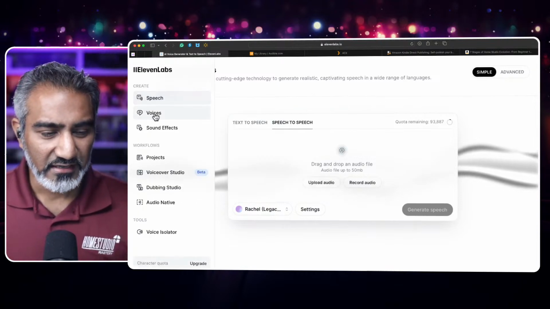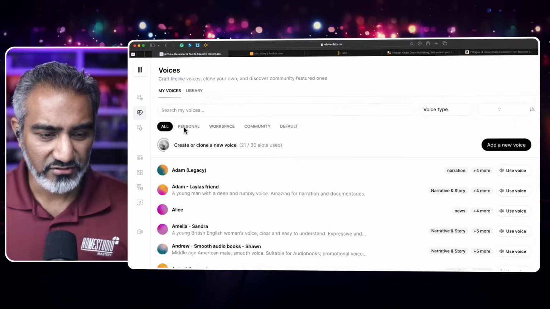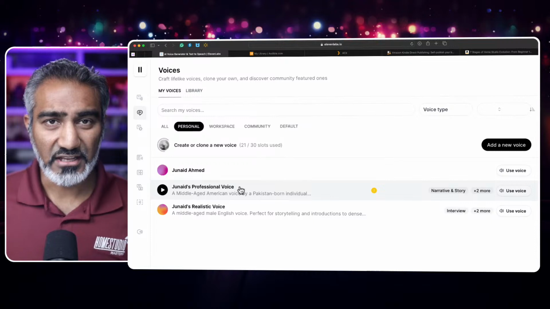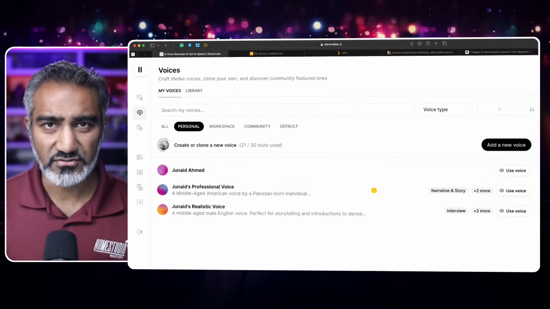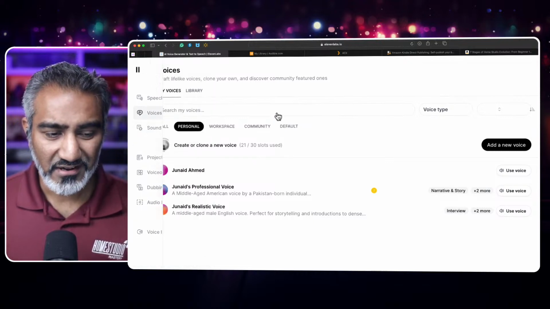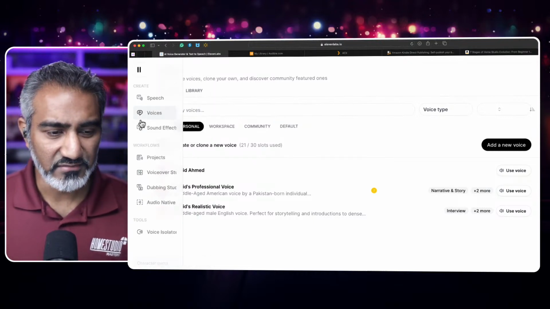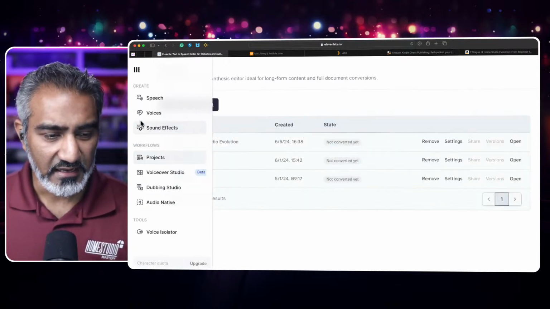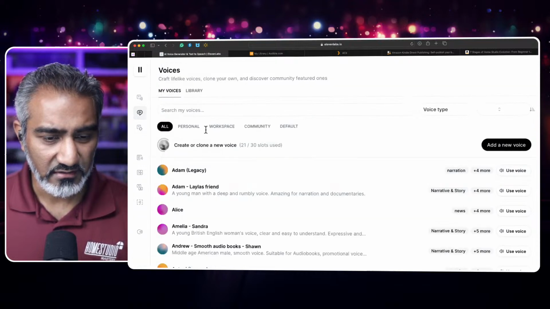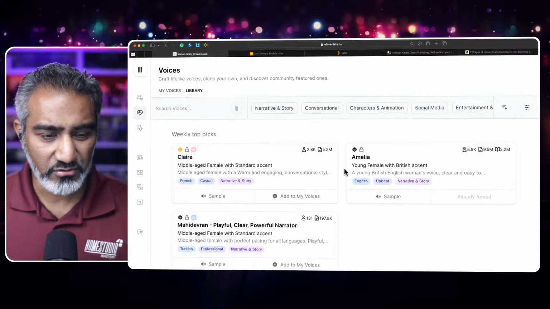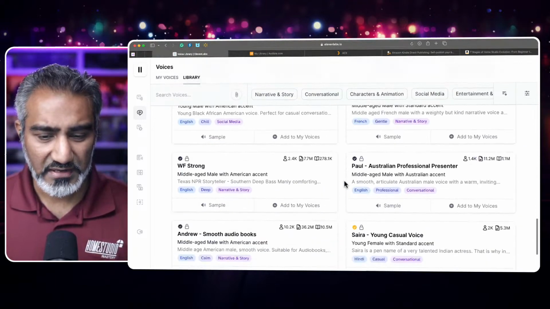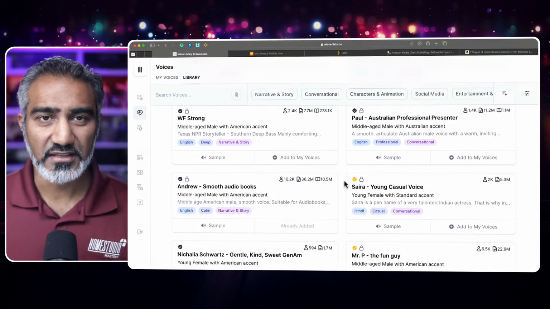So I was like, okay, I can go and grab the voices, and if you could see here, I created 3 different voices that I can use for my own text to voice generation. I'm like, okay, this would be cool, but because I want to use different voices for the recommendations, I'm gonna go here, and I will go ahead and look through the library. So in the library, you can see there's hundreds and thousands of other people's voices that you can literally grab